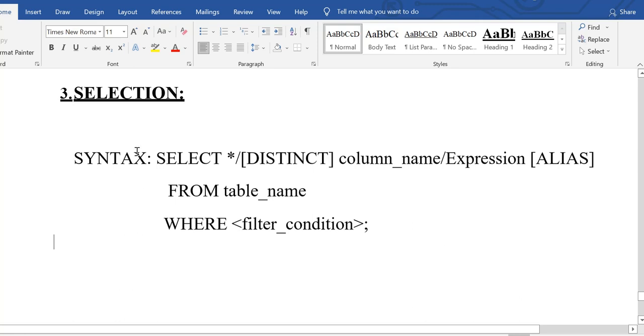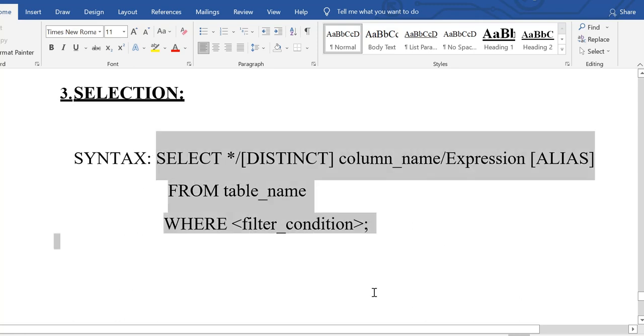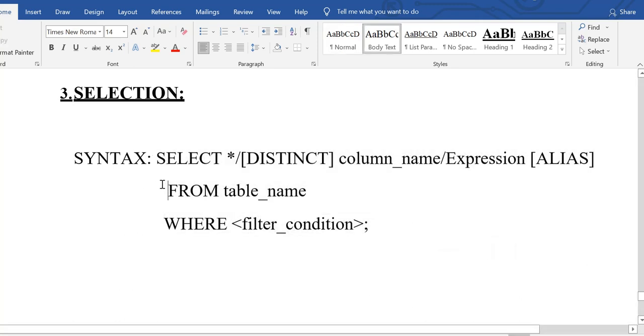Now I will tell you: whenever we write a query, first the from clause executes. That is the order of execution. First the from clause executes, and then the select clause, and then the where clause. So it executes after the from clause. First the from clause will execute, next the where clause, and then select. Previously I made a small mistake. Now this is final: first the from clause executes, then the where clause, and then the select clause.